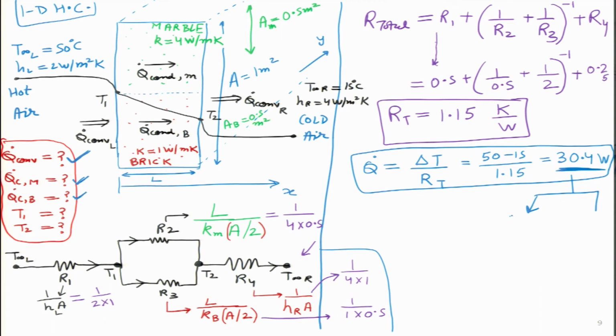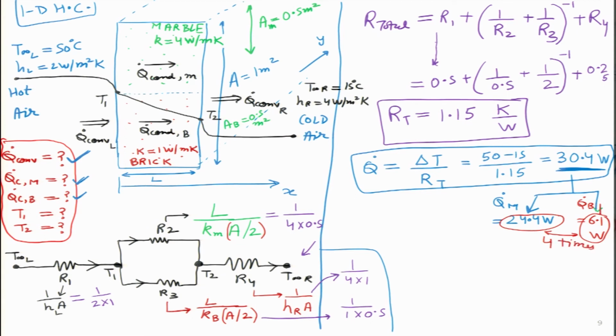So, I will first give the results for marble. This is how we will obtain q dot marble. It will turn out to be 24.4 watt. Let me pick a new color. For brick, not green, maybe the red one. Then q dot brick will turn out to be 4 times less. So, this will be 6.1 watts. One interesting thing we see between these two numbers is that they differ by exactly 4 times.